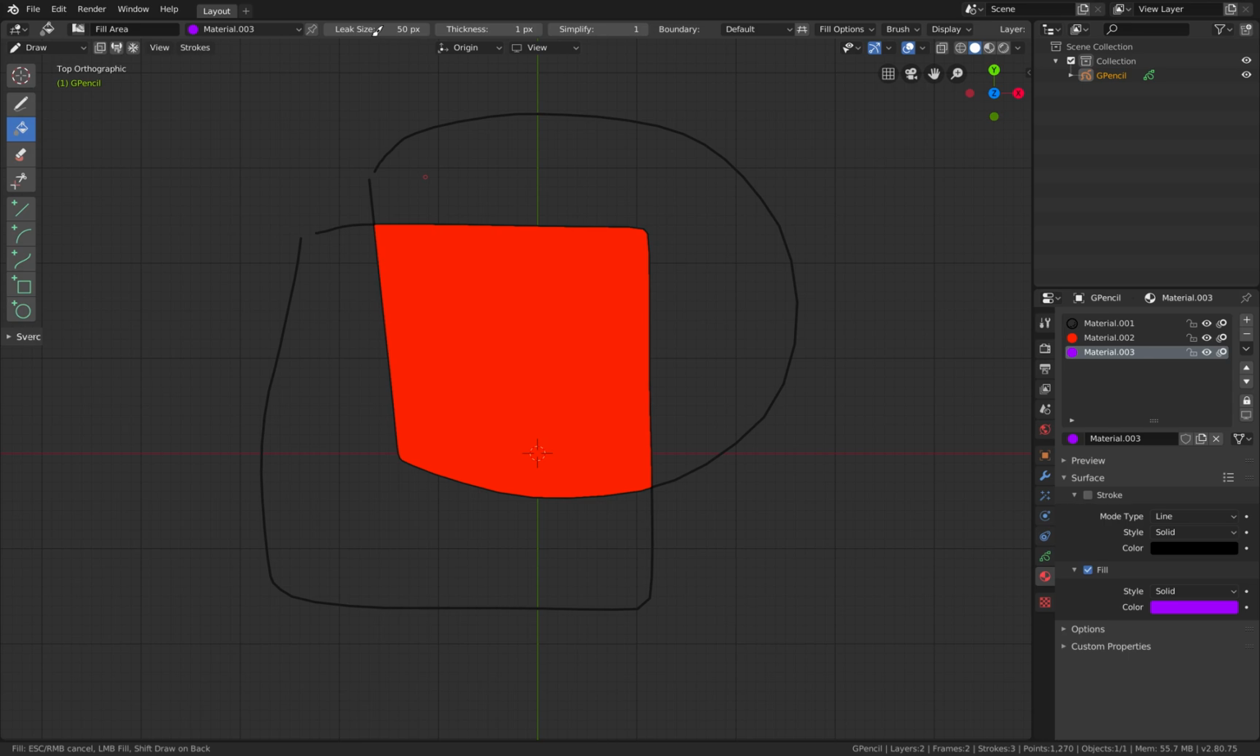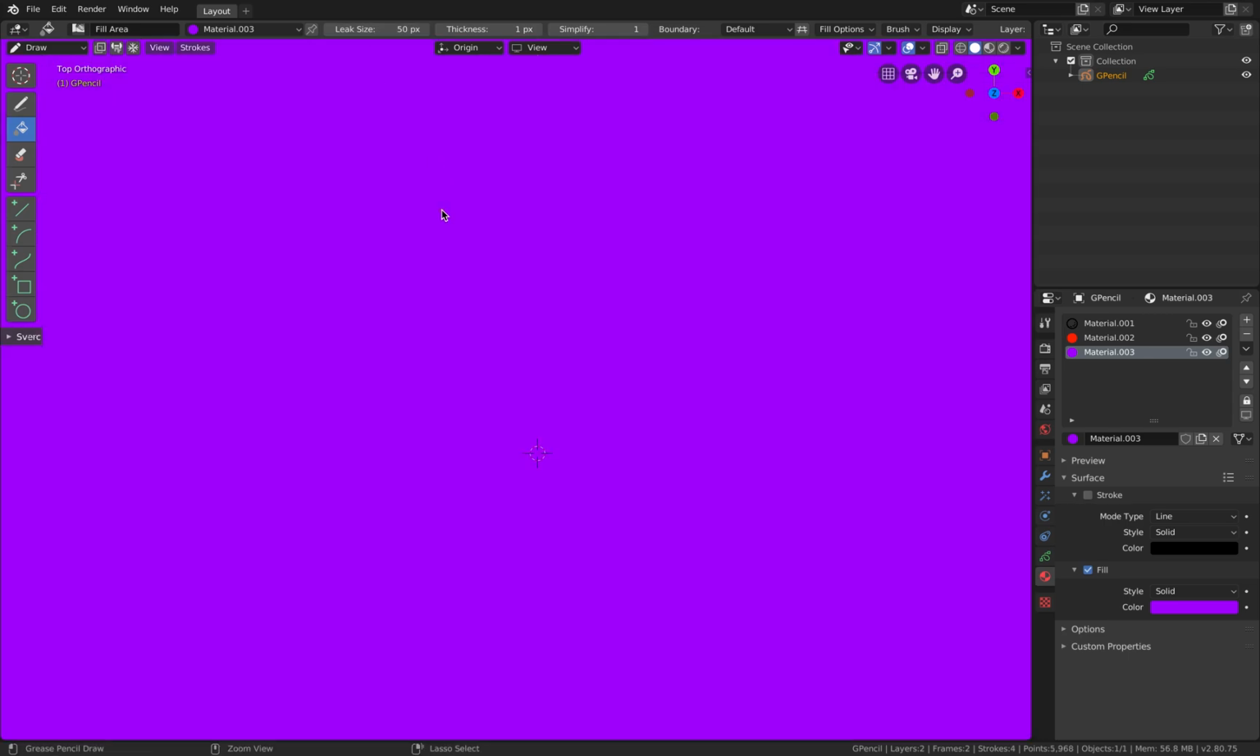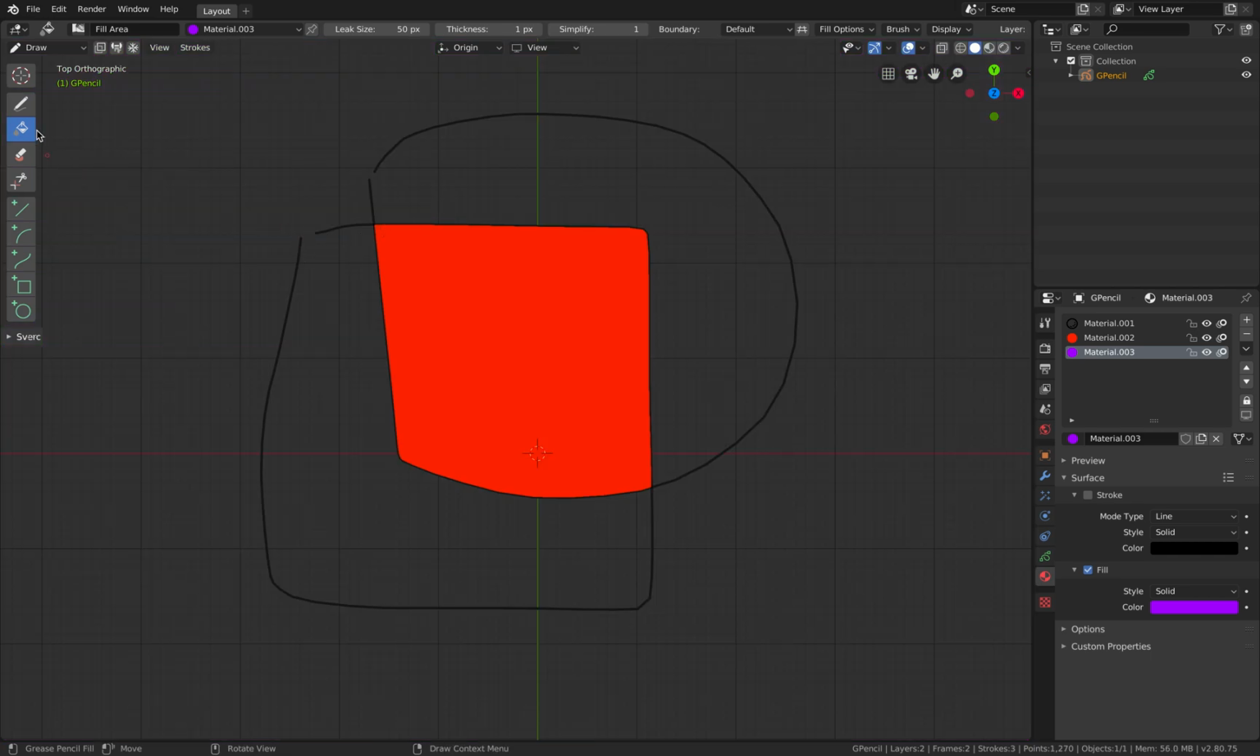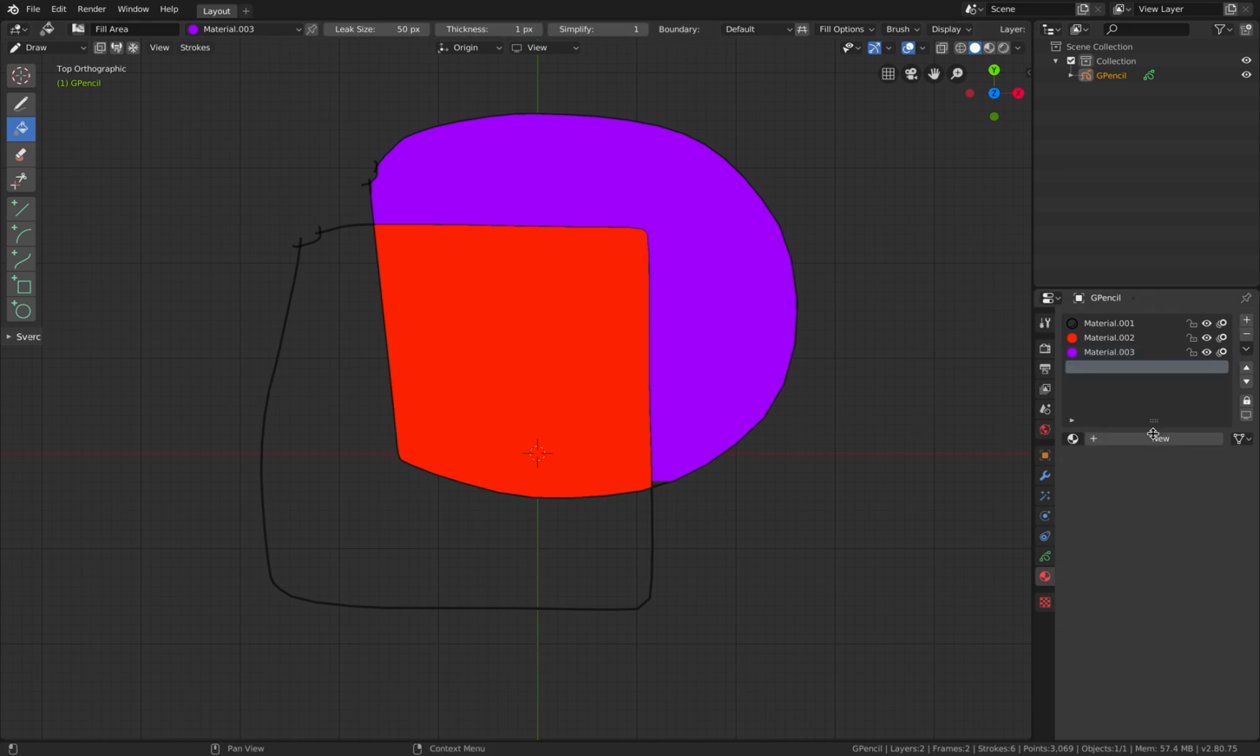I'll try with bigger size of leak. Oh, apparently that one also failed. Maybe I will try drawing. Oh, I will use this stroke, kind of try to close the gap and go back here, fill. Okay, this one works. Create another material,